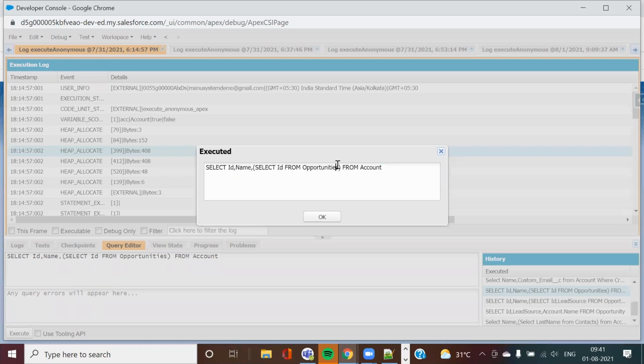In case I needed to use the opportunity directly, I will not write the plural name. You can check this from your relationship fields also. Account to opportunities, those have that field, and there the relationship plural name is also mentioned. So you check this from your side.